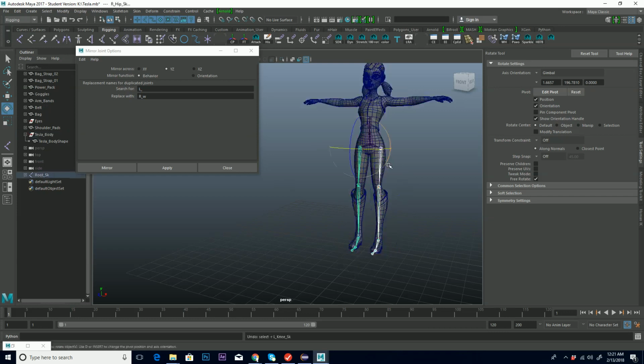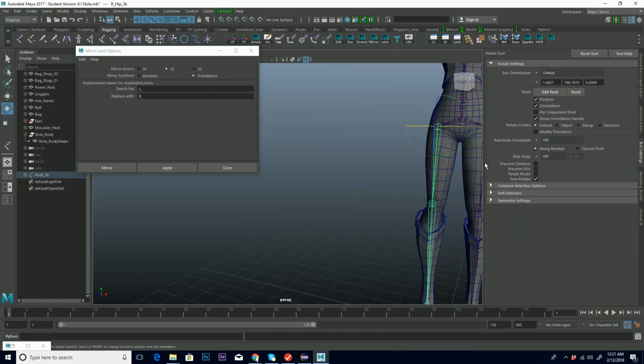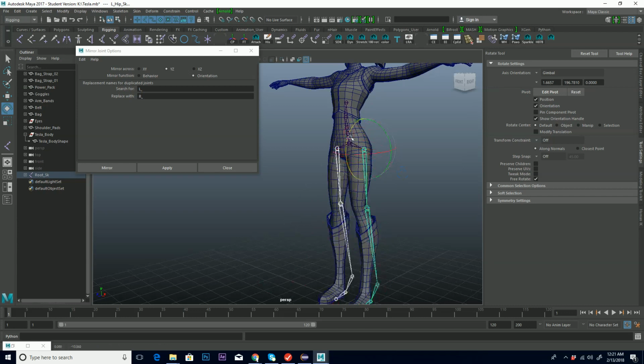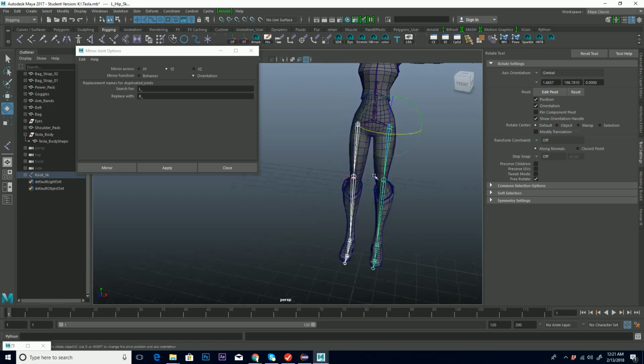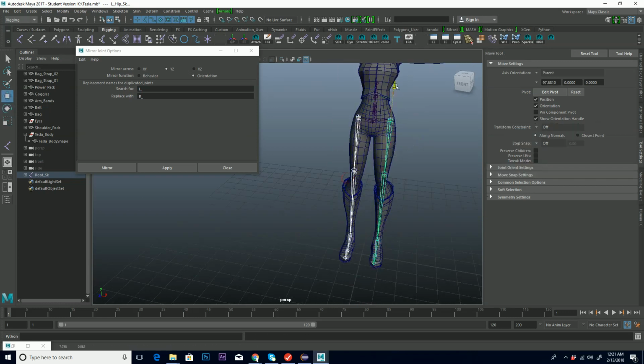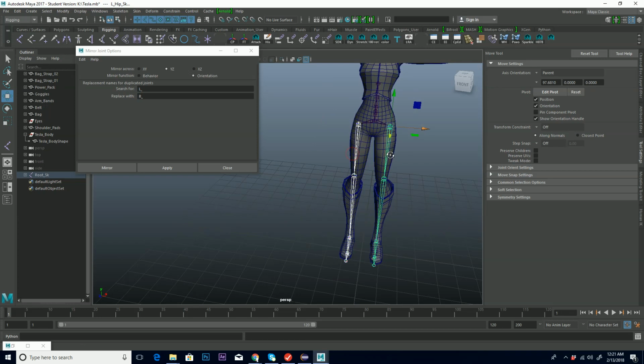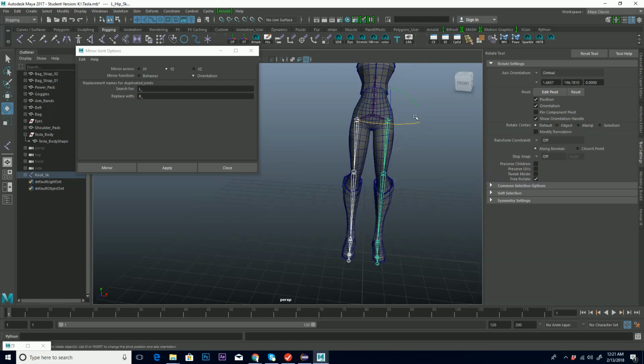So if we undo that, and we change it to orientation, whoops, there we go, and I hit apply, this is what you're going to get. They're going to move together. There's no mirroring that happens, and then all your translation is all happening the same. So